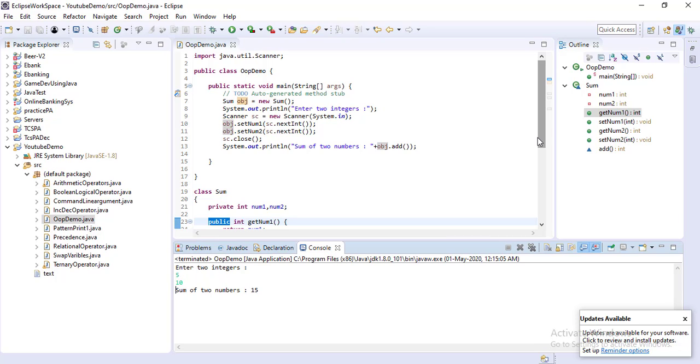Understand the basic principles before you go through Java programming. So these are the basic principles of Java. I hope you understand the difference between object oriented and procedure oriented.